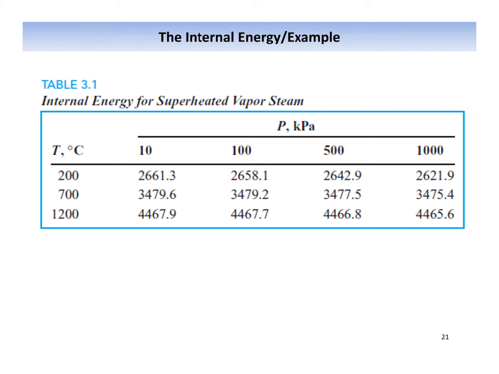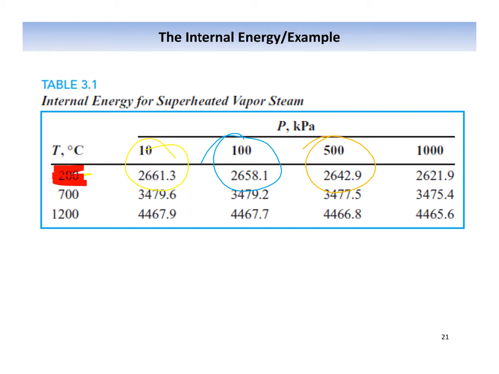Now observe that if we move along the pressures, for instance, if we have steam at 200 degrees centigrade and at different pressures, 10, 100 and 500, you will see that there is negligible difference if we move along the pressure at the